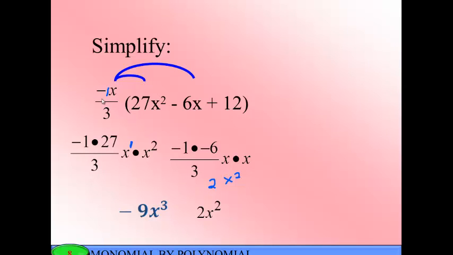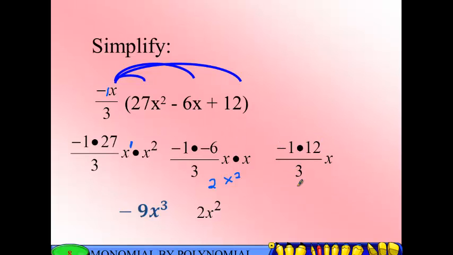Next, we multiply negative 1x over 3 times 12. Again, multiply our coefficients. Negative 1 times 12 will give us negative 12. But divide negative 12 by 3, we're going to get negative 4. And then just bring down your x. So you will have here negative 4x. Okay, so combining these three terms together, negative 9x cubed plus 2x squared minus 4x as our final answer. Okay, let's move on to slide number